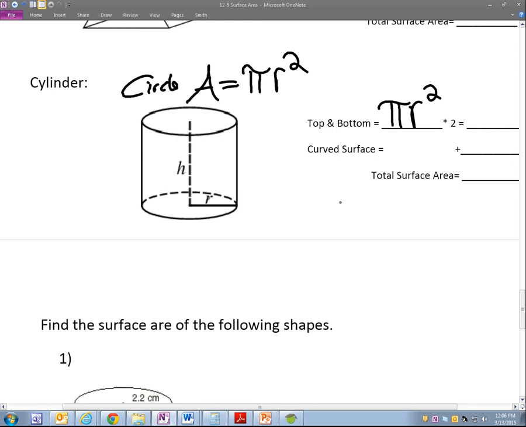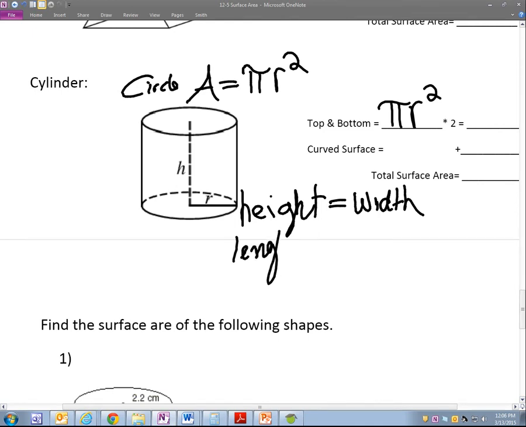Okay? The height is equal to the width and the length is equal to the circumference. It is equal to the circumference. Because look,